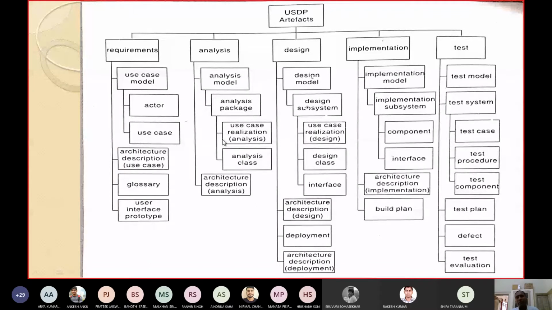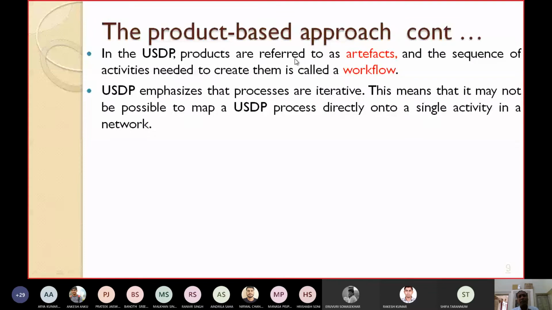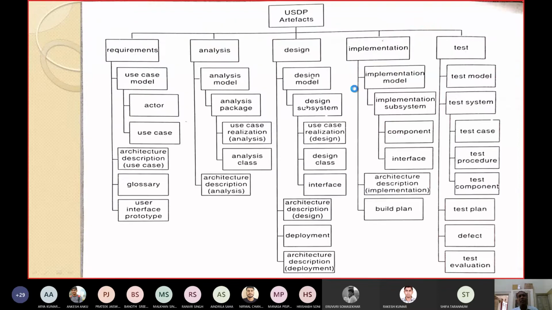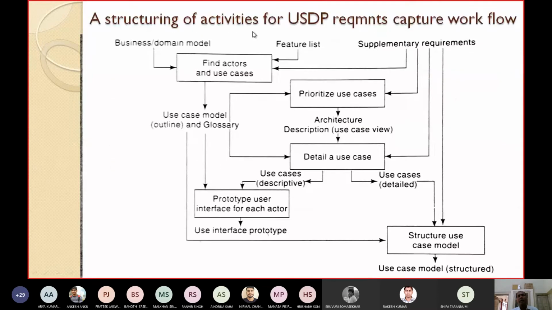This is an example you can read yourself. The other thing I have told you is that the products are referred to as artifacts, and the sequence of activities are known as workflows. So let's see one workflow. A sample workflow is shown here: a structuring of activities for the USDP requirements capture workflow. First you have to find the actors and the use cases.